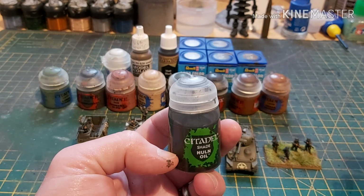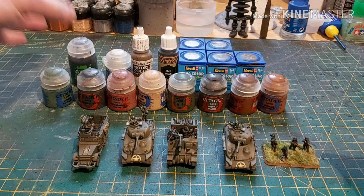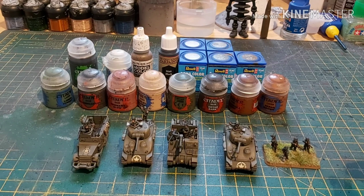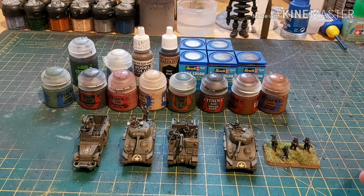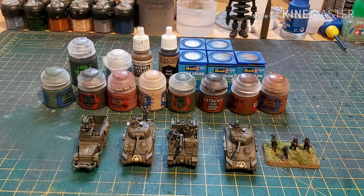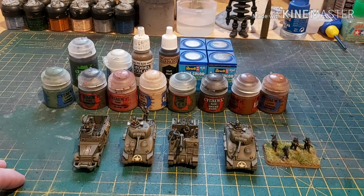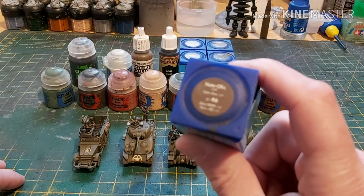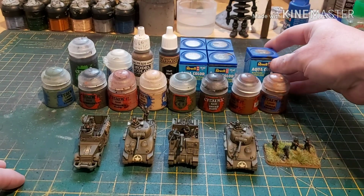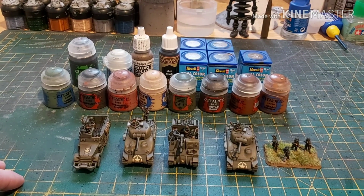And there's a liberal coat over everything, so it dulls everything down. And obviously that's going to take, actually I found that in the tracks it was taking over an hour to dry properly, so you might want something else to do while you're waiting for that to dry. So once you've done that, you then go back to your Nato Olive, and then you go back over doing natural highlights, obviously leaving stuff in the recesses as